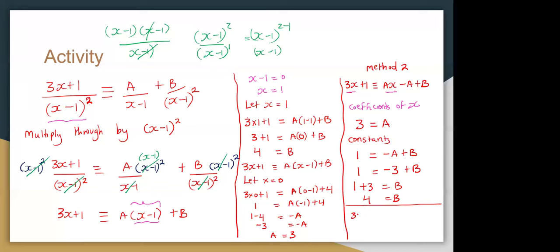And therefore, we shall conclude and say 3x plus 1 out of x minus 1 squared will be equivalent to a, which is 3 out of x minus 1, plus b, which is 4 out of x minus 1, everything squared. Now, in case you have any questions, in case you feel we are not on the same page,